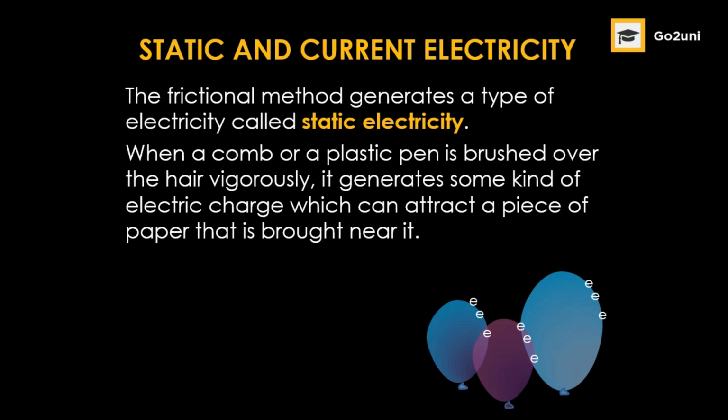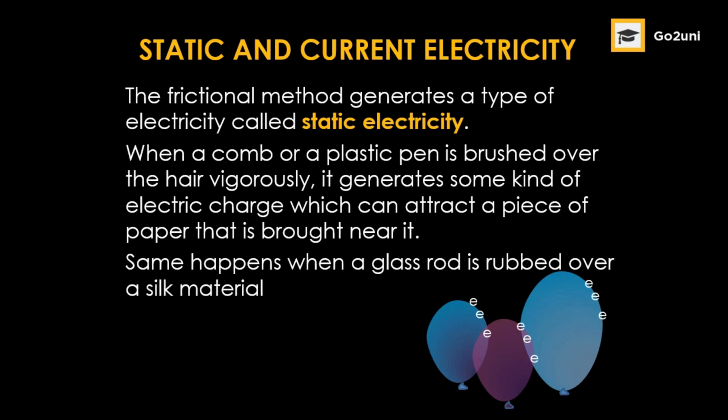If the plastic comb or pen were a metallic one, then when this static charge is being generated around the comb, there is every possibility for it to be transferred to the ground, for example, or any other matter in contact with it. But because these plastic materials are not conductors, the charge thus generated around them remains around them. So that is why when we bring some pieces of paper close to the plastic comb or the plastic pen, it gets attracted to that pen. And that is actually what we refer to as static electricity.